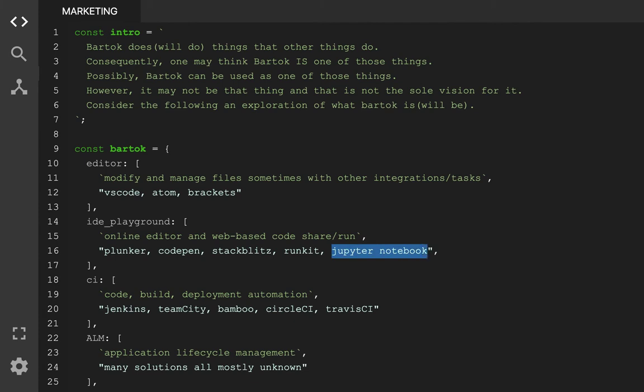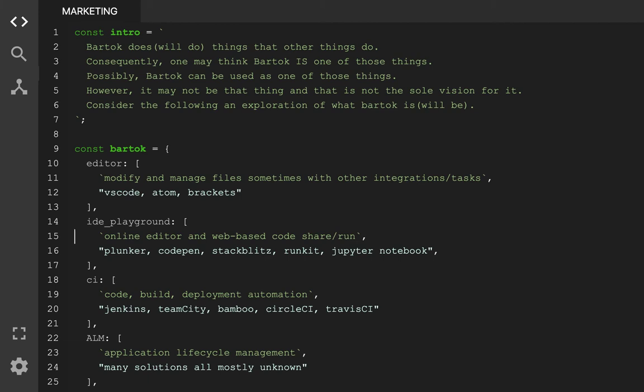In fact, I try to replicate that with my Broken Clock application or document. Basically, that was a document where I set up a scenario of like, hey, how many times has the clock been broken in a day? And I tried to use a web page to kind of describe, through JavaScript, how a clock could be broken more than once or twice a day. Anyways, all of these things allow people to run code in a web browser, and that's kind of cool, but it's not exactly what Bartok is. And I'll make a fine point on that.